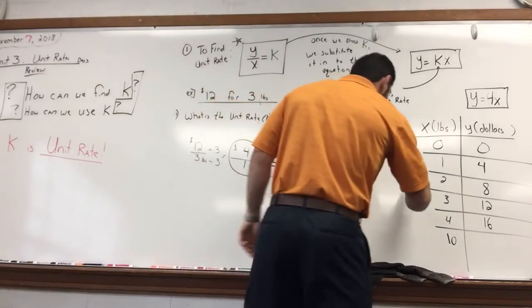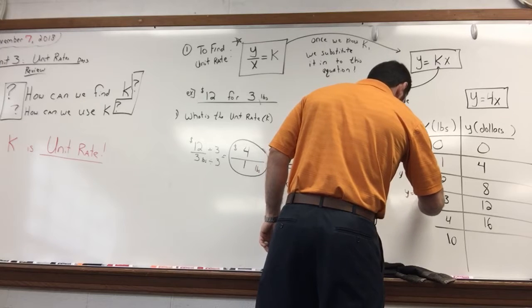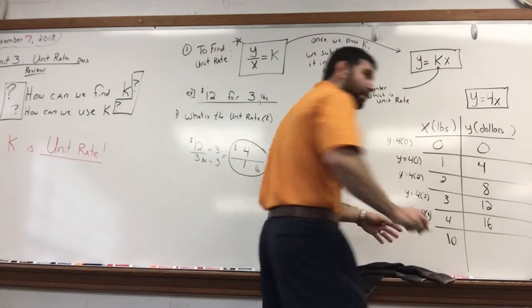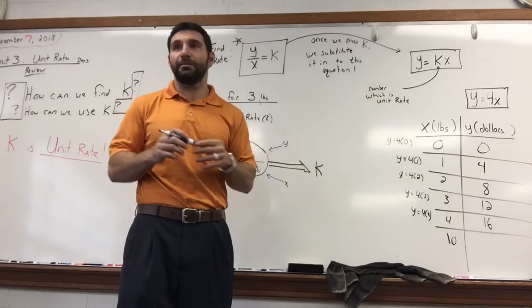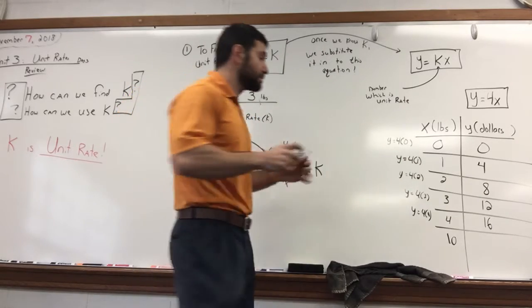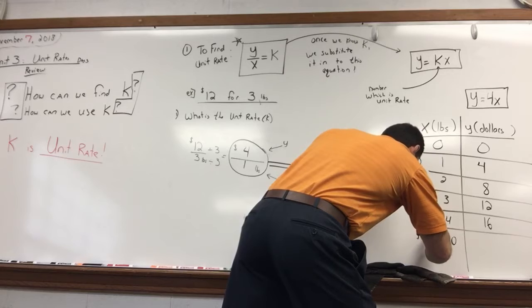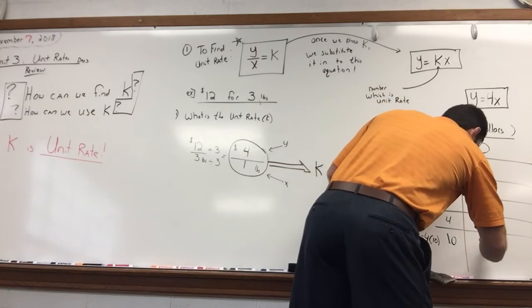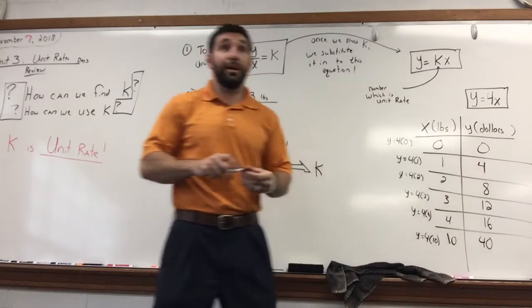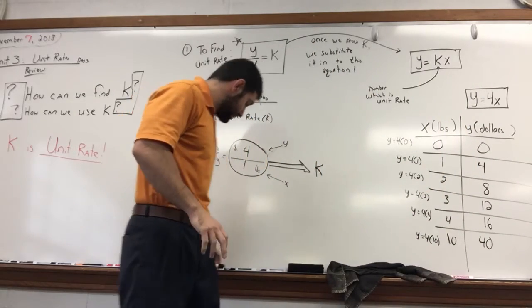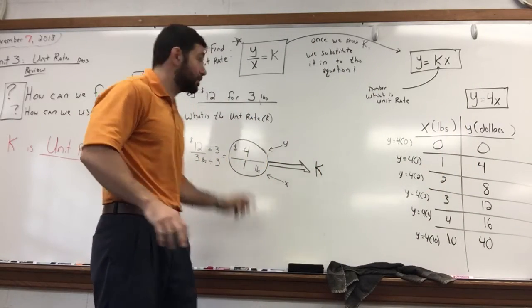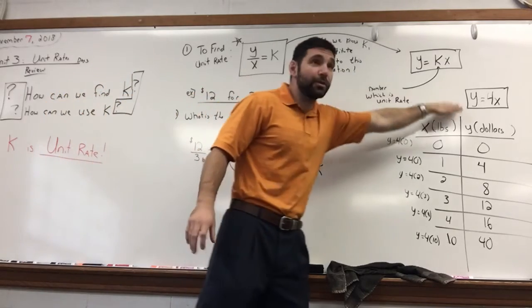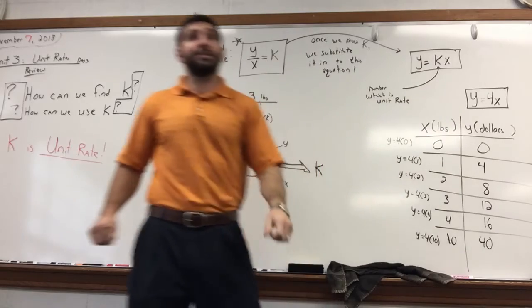So we need to know that y equals 4 times 3. Y equals 4 times 4. What would I set up for 10? Y equals 4 times 10. Very good. Y equals 4 times the 10, which is 40. Are we with me? Your first step is always finding the unit rate. Once you find the unit rate, then you can write an equation for every single